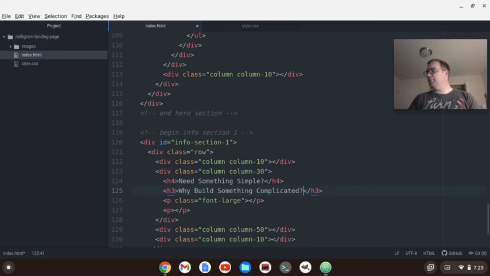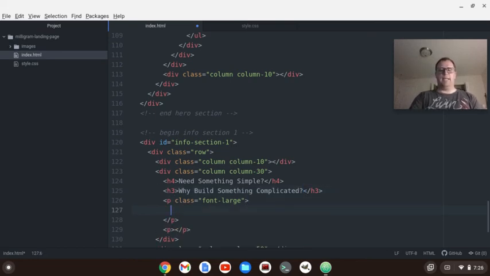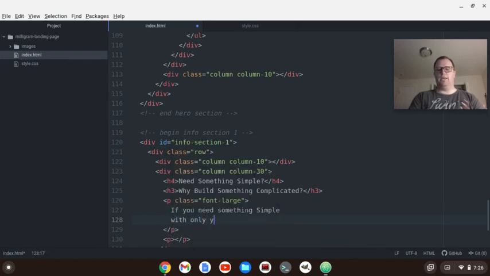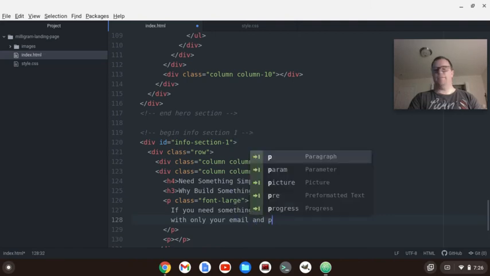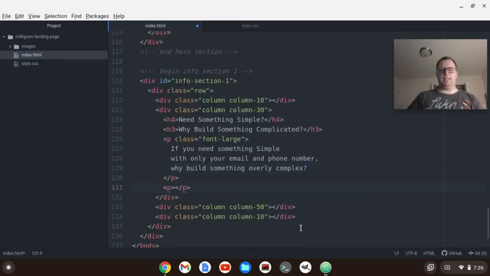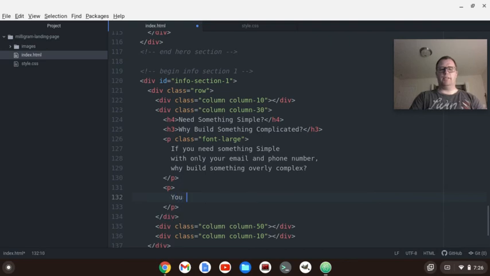Okay, and then below there, in this paragraph, I said something like, if you need something simple with only your email and phone number, why build something overly complex? Okay. And then below this, I said something like, you don't need